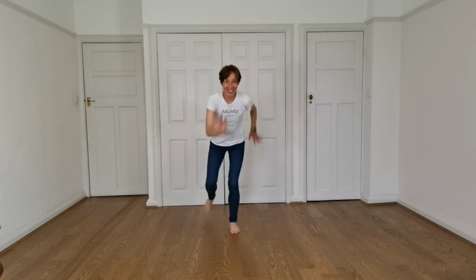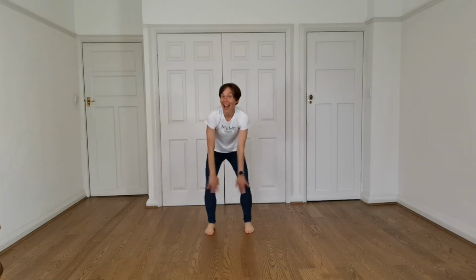With our side taps, side, and 2 more, and our pat. And we're going to step, kick, very fast. Well done. We are going to do a swinging exercise now with some simple phrases of movement that